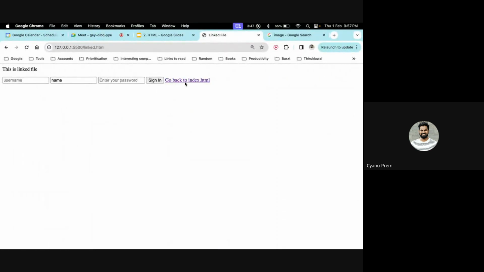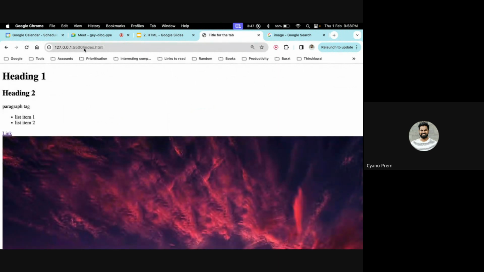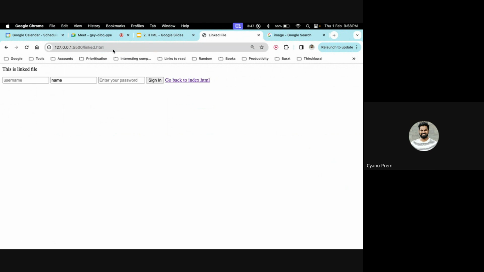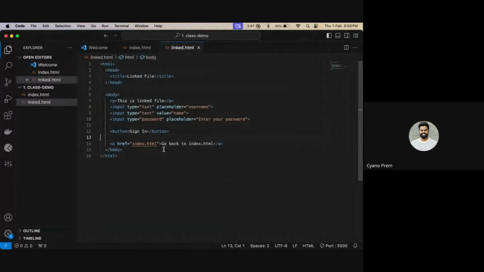If I click on go back to index.html, I come back to index.html. If I click on link, I'll go to link.html. Something interesting you can do is delete this text and, instead of it, give a button inside the anchor tag.